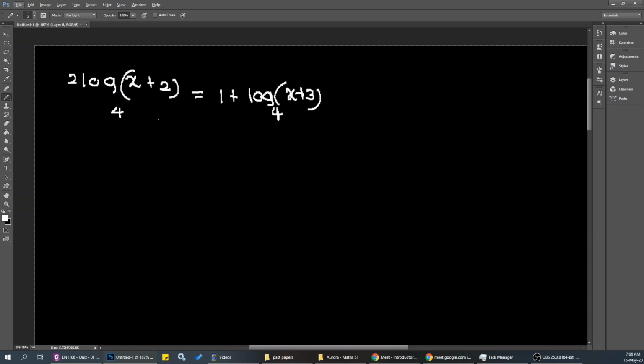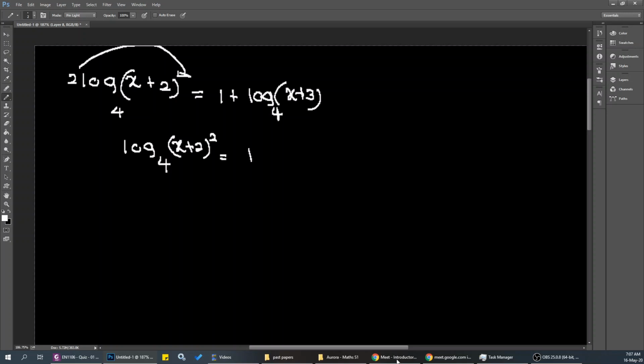Right? So what we are trying to find is the value of x. So how are we going to do this? You know that when you have a multiplication like this, where you have a constant value at the front, you can take this as a power here. So I'm going to take it as a power here. Okay, so if that makes sense, log of (x plus 2) raised to the power 2 to the base 4